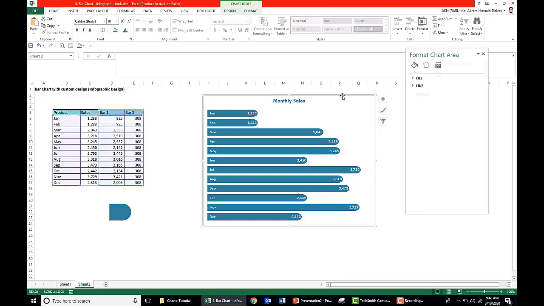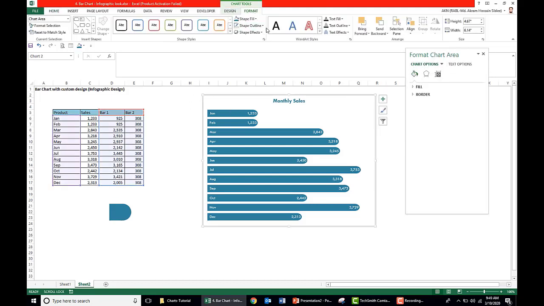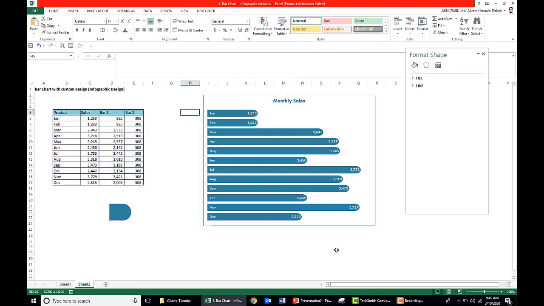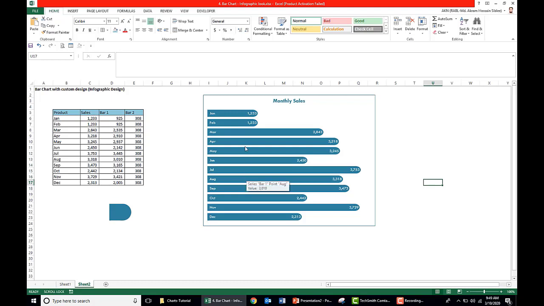Also select the chart area, go to format, take shape outline as the same color as the bar. So this is our custom design bar chart with a custom shape at the end of each bar. So this bar looks like an infographic view. Hope you enjoy the video. Thank you for watching.